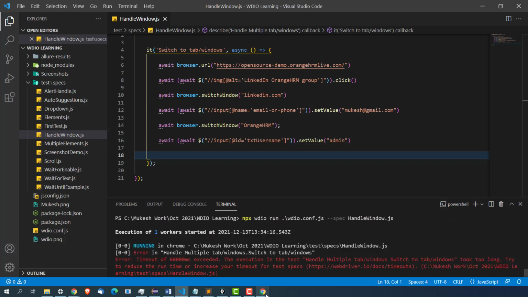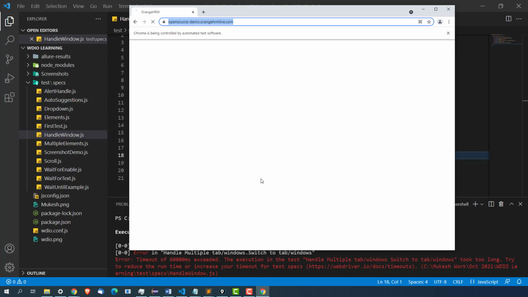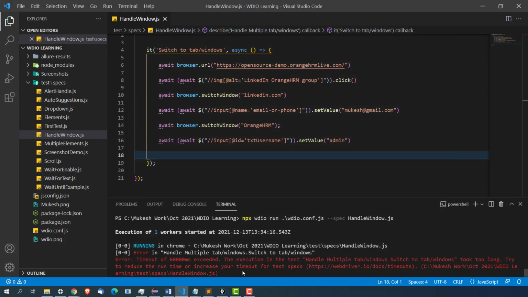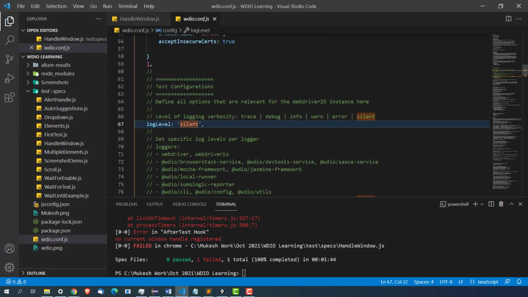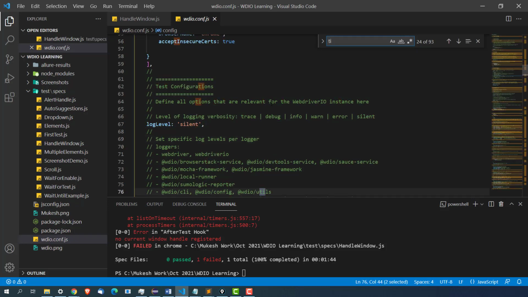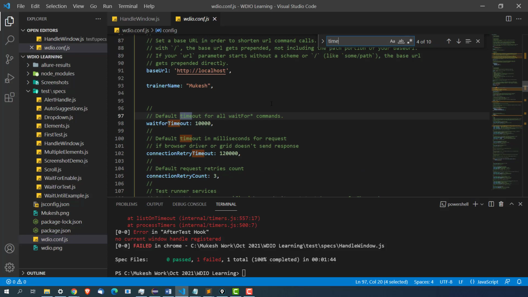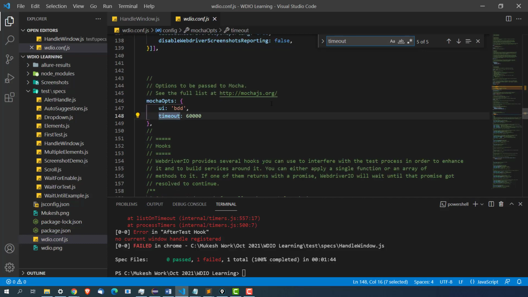So now what we can do, we can resume our test or we can increase the page load timeout. So I will go with this approach. First I will close this because maybe some random issue because of that the application is not loading. And if you come back to this config file, you will just search for timeout. Can you see this? Timeout is set to 60000 millisecond, which is 60 seconds, which means within 60 seconds, if your application is not loading properly, it will fail. This is what exactly happened.